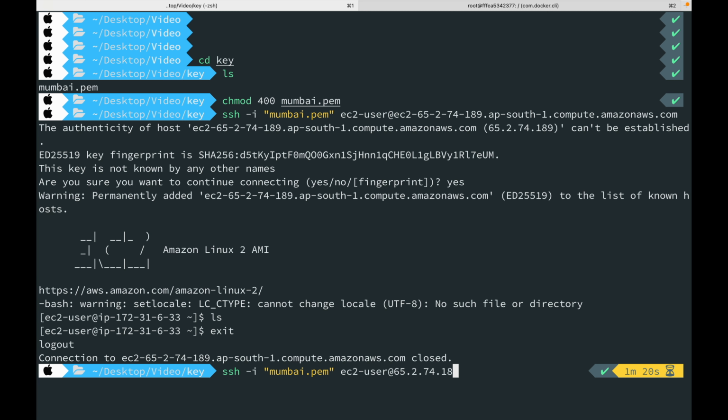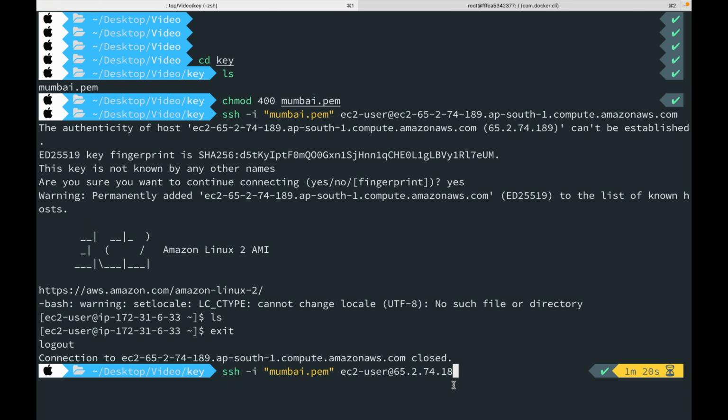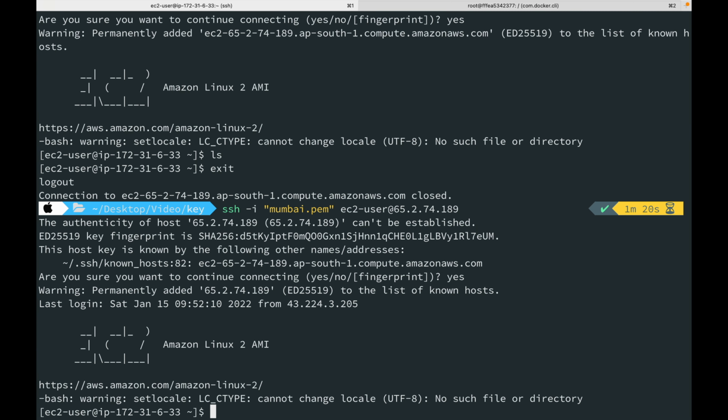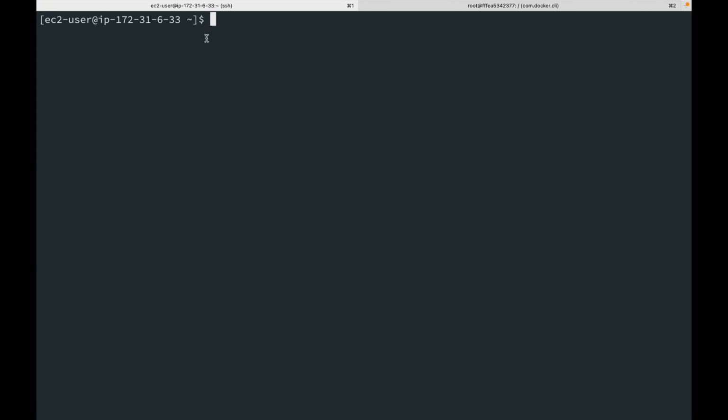the command here. So I think I was correct, it was 189. Yeah, so this time we are connecting using the public IP address we got from the AWS console. So if we do that again, we will be able to connect to the same EC2 instance. Got it? Now okay, so this was the one way we can connect to our instance,